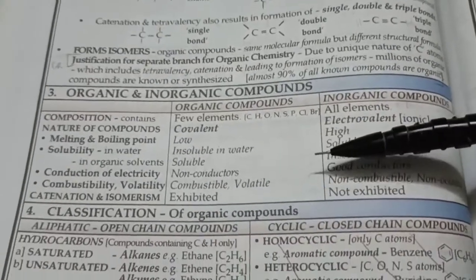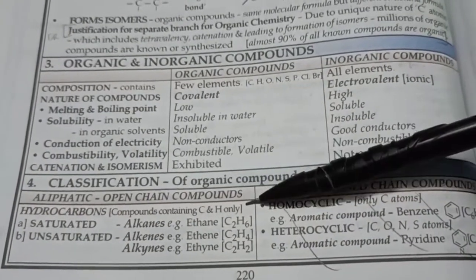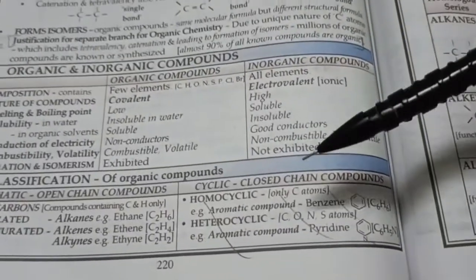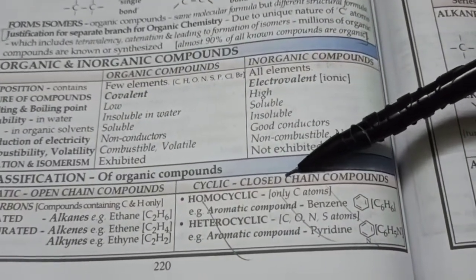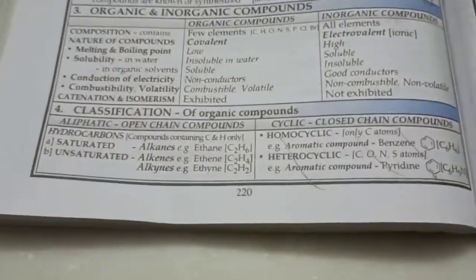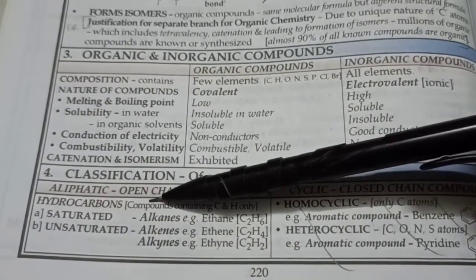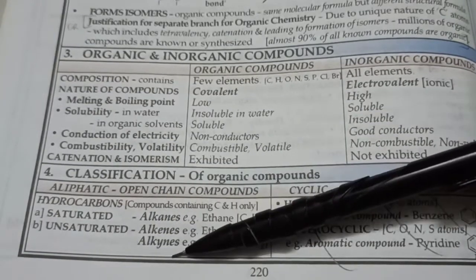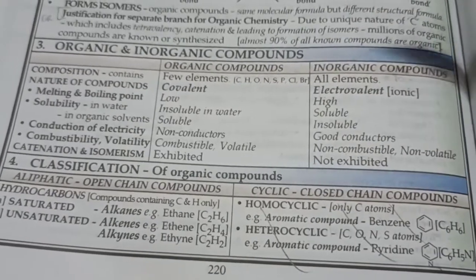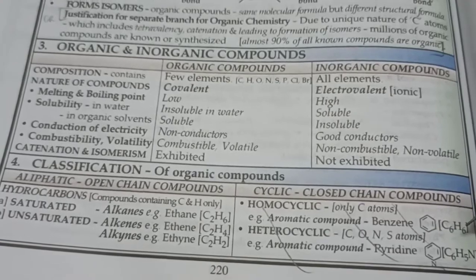So organic compounds can be classified as aliphatic, that is open chain compounds, which could be either straight chain or branched chain, or they could be cyclic, closed chain compounds, like this one. In our syllabus, we only have aliphatic hydrocarbons, which may be alkanes, alkenes, or alkynes. Cyclic or closed chain is not in the syllabus, but we should know one example at least. Let's say benzene, that is C6H6.